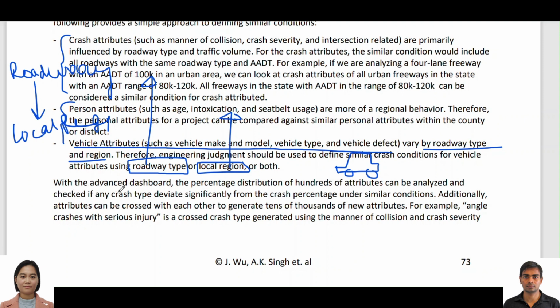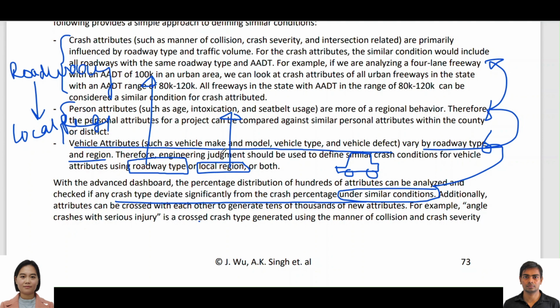With the advanced dashboards, the percentage distributions of hundreds of attributes can be analyzed and checked to see if the crash type deviates significantly from the crash percentage under similar conditions. So the definition of similar conditions comes from here, here, and here. Additionally, the attributes can be crossed with each other to generate tens of thousands of new attributes. For example, angle crashes with serious injury is a crash attribute or crash type generated by crossing manner of collision